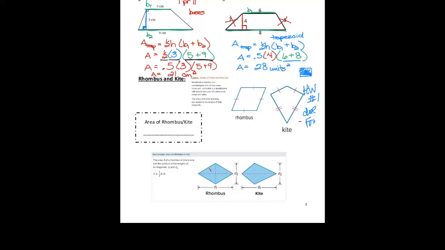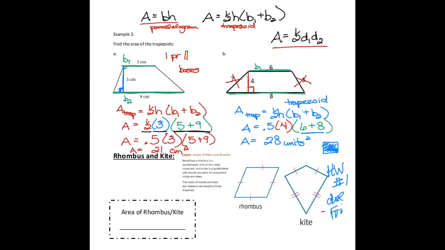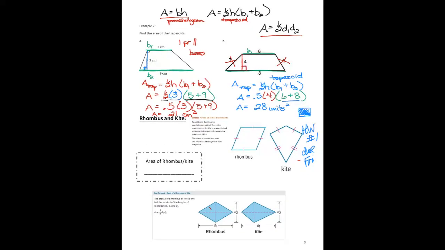Remember, Friday we also have a skills check on these first 3 different types of formulas. Area of a parallelogram, area of a trapezoid, and we'll eventually get to area of rhombus and kite. Okay, all right, good job. Let's see what